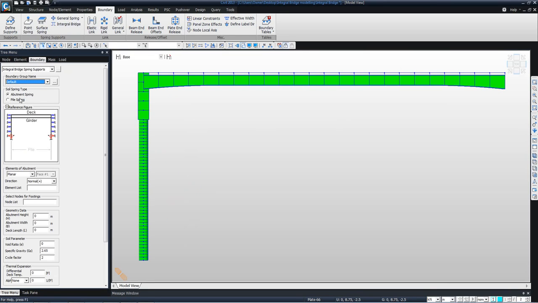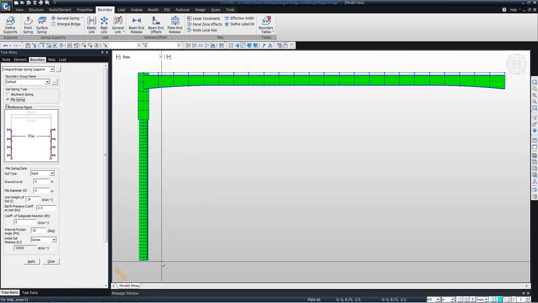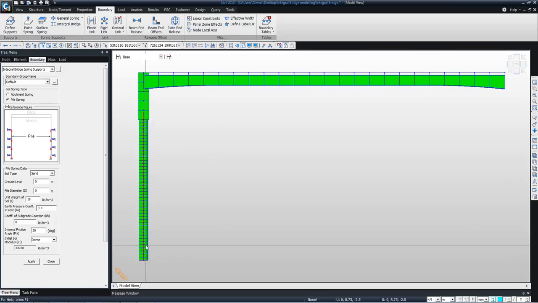Select the pile spring option, select all the pile nodes, select the soil type, say soft clay, select the ground level, say this is the ground level here, pile diameter is 1 meters, unit weight of soil from the geotechnical study you can enter, then subgrade reaction from the geotechnical study you can enter some value, say 10,000,